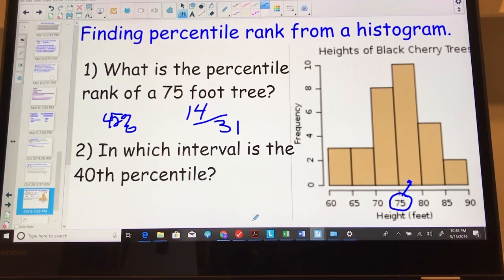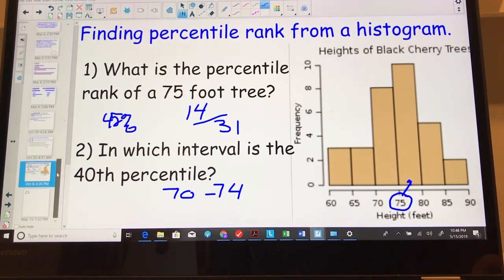Which interval is in the 40th percentile? Well, if this is where your 45th percentile is, your 40th has got to be in here. So we're going to call that 70 to 74. Okay, so what you need to remember about percentile rank is it's the number of values strictly below where you